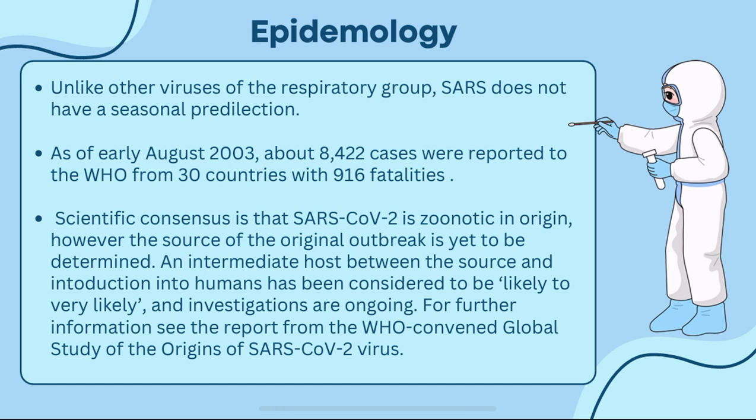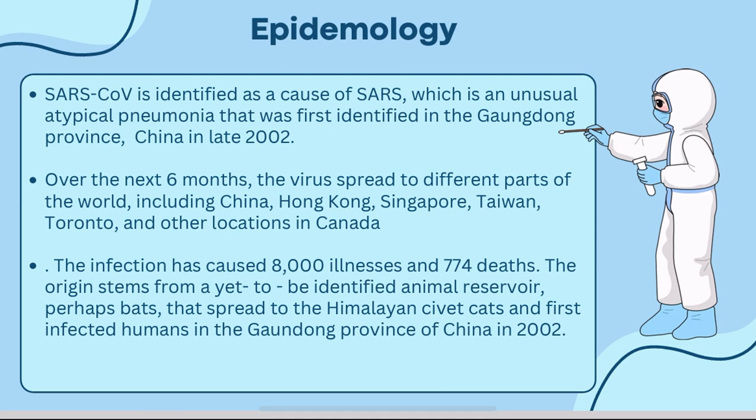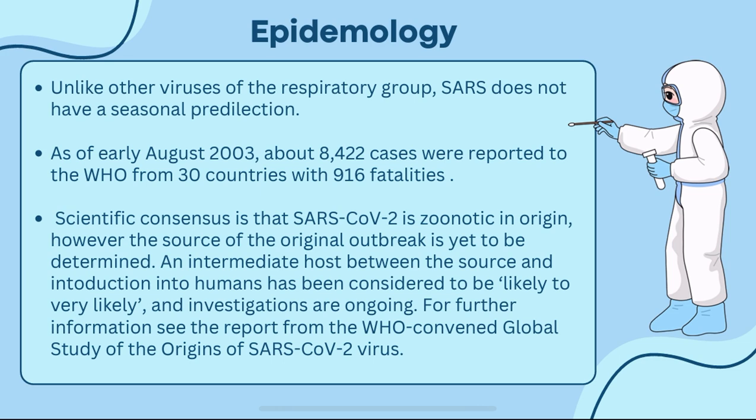So we see that it is not having any seasonal predilection. As of early August 2003, about 8,422 cases were reported to the World Health Organization from around 30 countries, with 916 fatalities reported. So the fatality rate has increased. We see that there were 8,000 cases and 774 deaths, and now the cases are